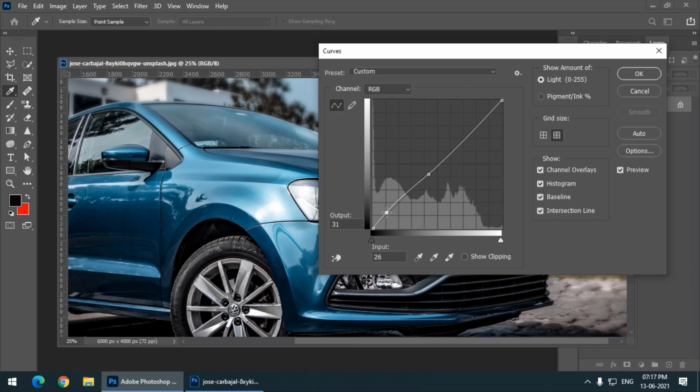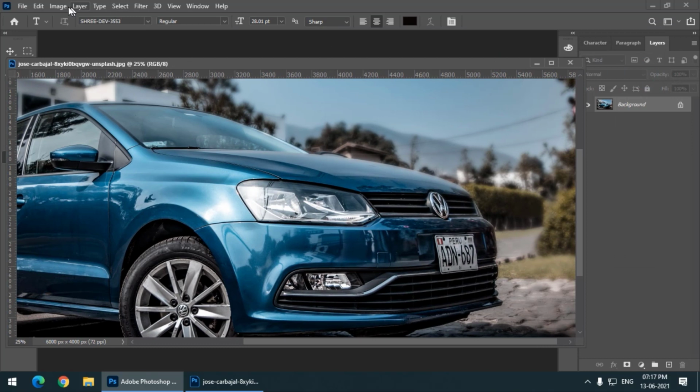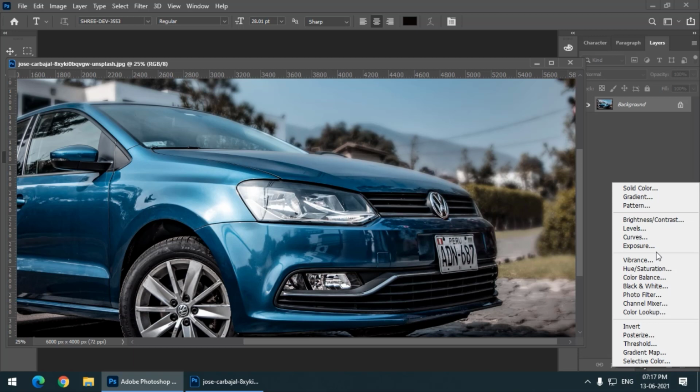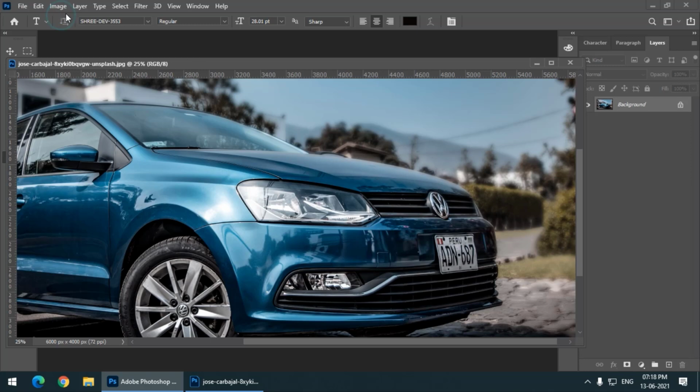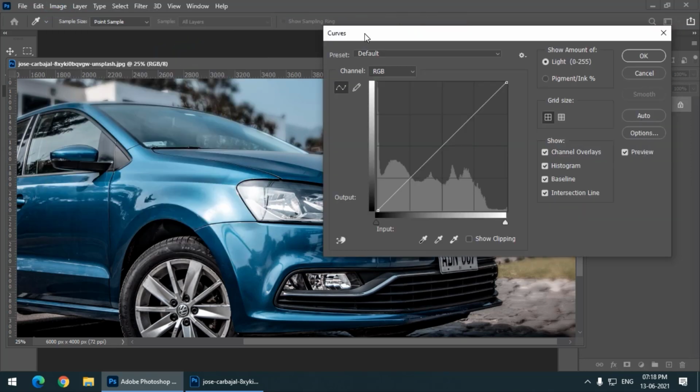So we can choose particular areas and we can change the brightness and the toning of the image. This is pretty much similar to levels, but it is, you can say, an advanced step in the levels, like this. And remember, we also have these same options over here in the adjustment panel. We're also going to see when to use these adjustment layers and when to use these adjustment options from the image menu.